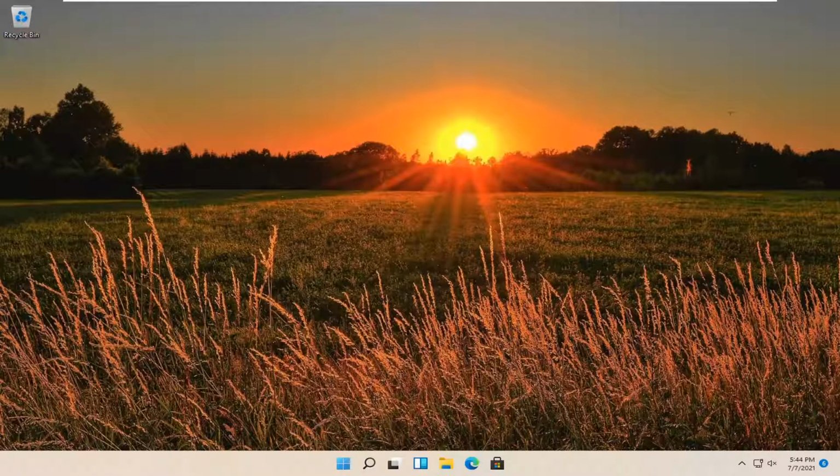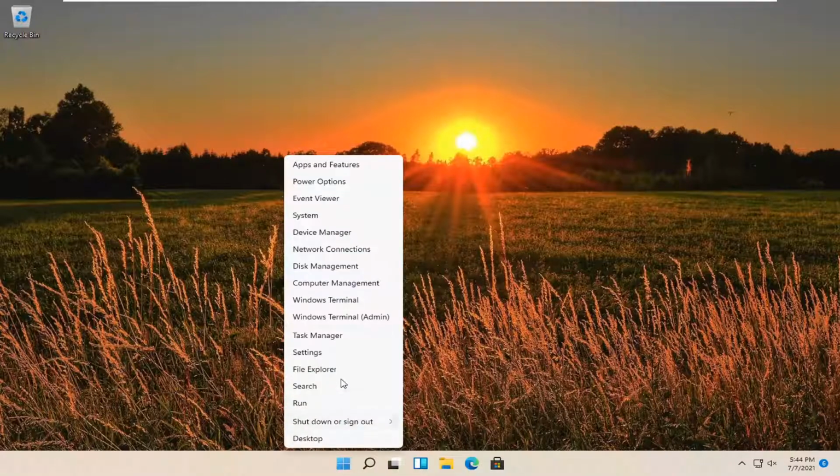In today's tutorial, I'm going to show you guys how to turn the toggle keys on or off on your Windows 11 computer. So this should be a pretty straightforward tutorial, and without further ado, let's go ahead and jump straight into it. So all you have to do is right click on the Windows Start icon and then select